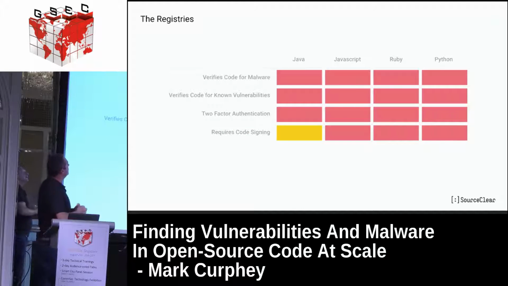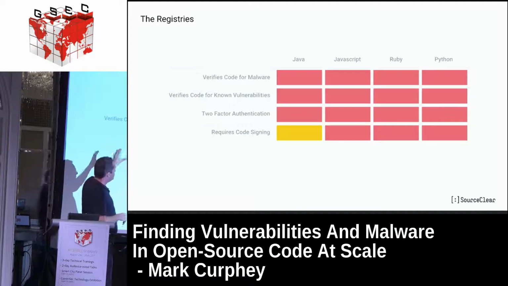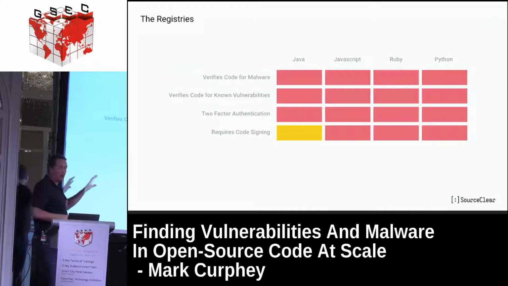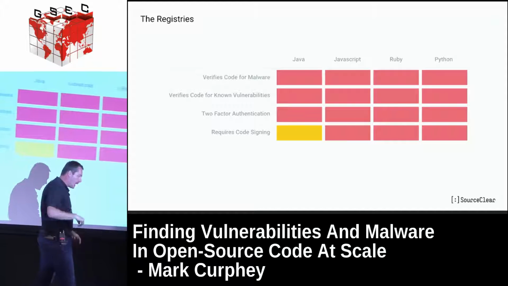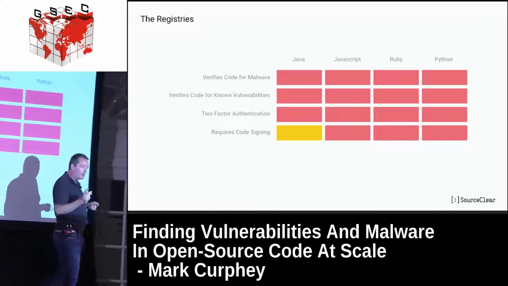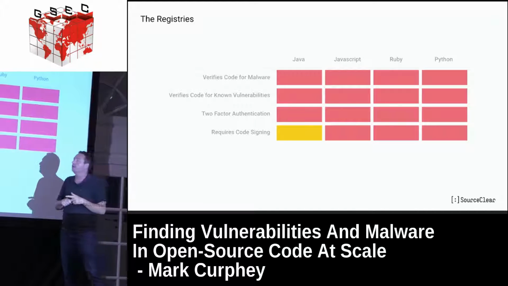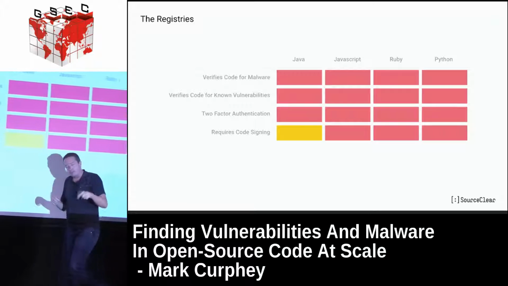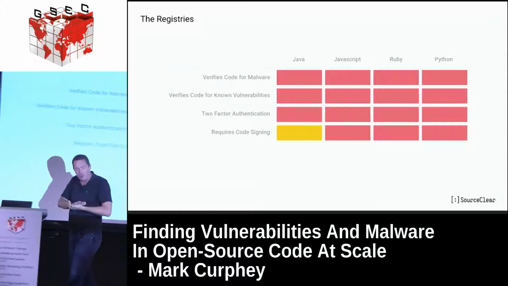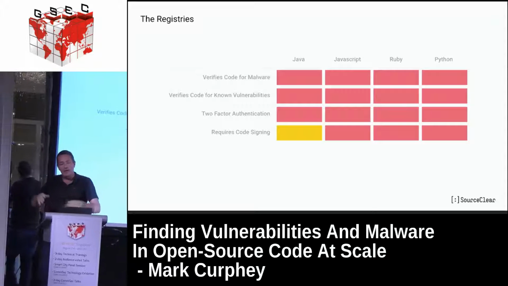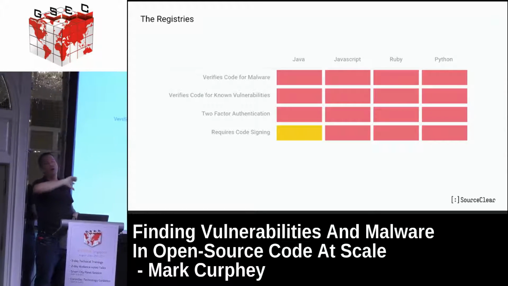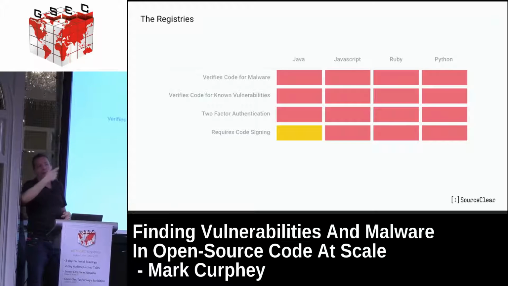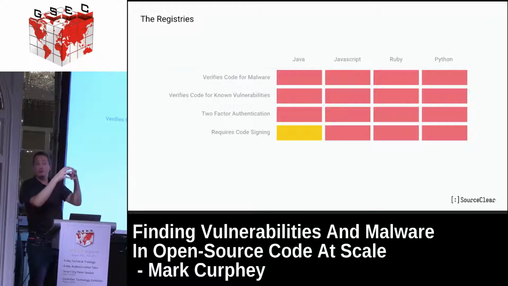So if we think of these central distribution points as well, it's also worth thinking about the Android Play Store or the Apple App Store. When you upload an app to it, there's a bunch of controls around it, right? First of all, you have to be verified, you have to be part of the developer program, you have to code sign it so you know where it came from. They have a bunch of technology at the back end to make sure that you are not distributing malware, you're not doing bad things. That's why apps take a long time to get published, right? They've put some controls back in that central place.